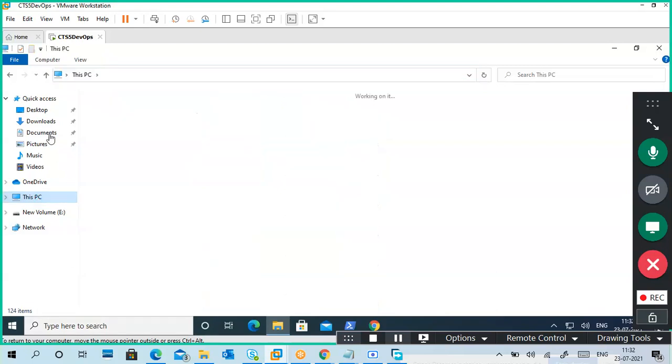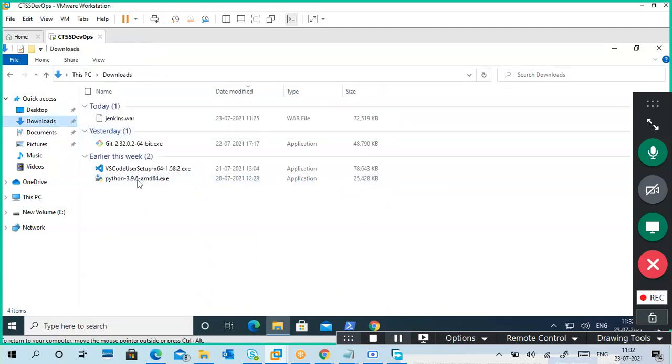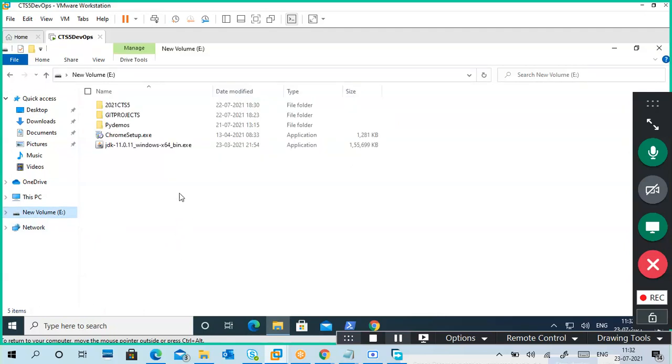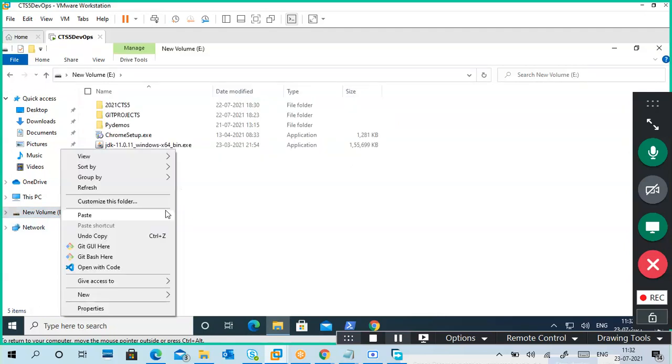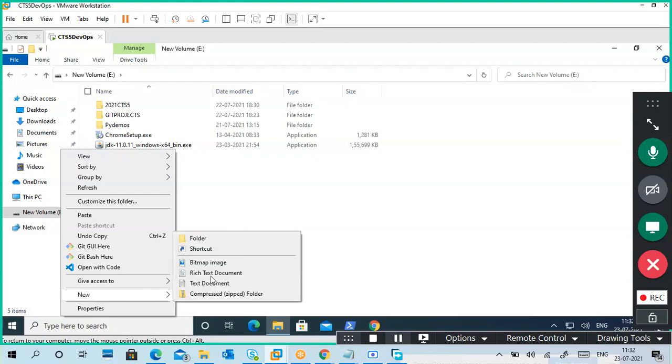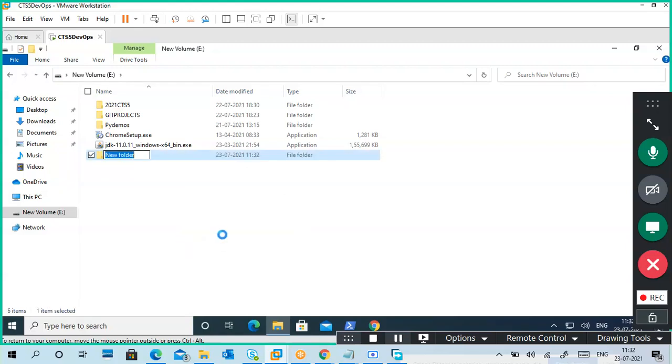Yeah, guys. Where is my download? It is in downloads. So this is my Jenkins.war. I can just copy or cut, anything, no problem. See here, I want to create a folder. First of all, I will create a folder for safekeeping purposes.